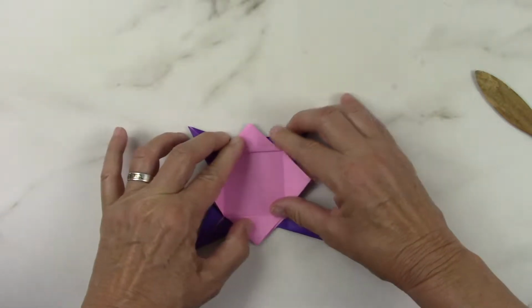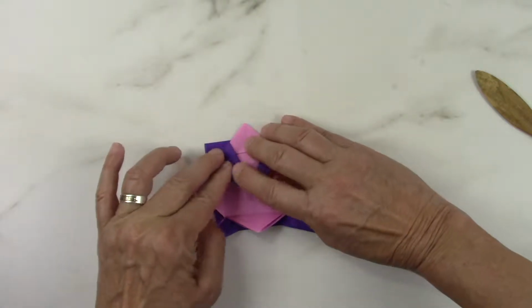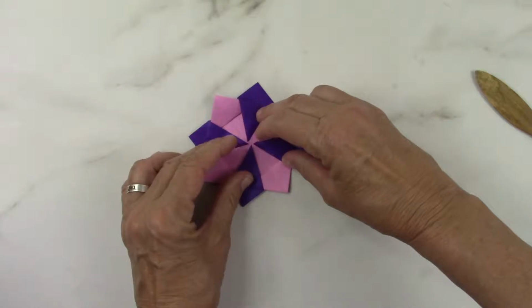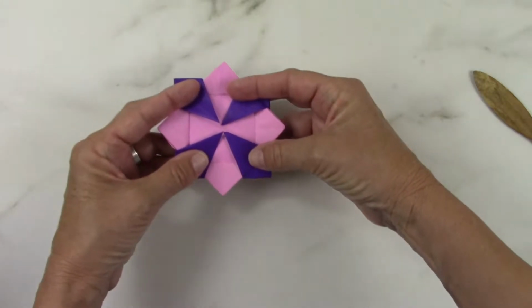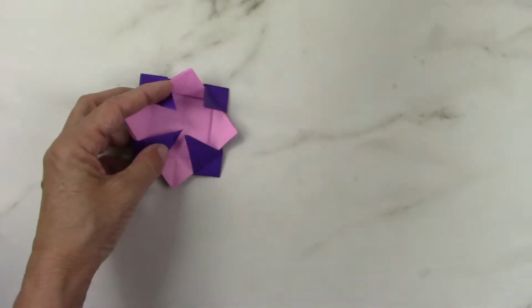And now the very last part of this is to just fold these points down. This is now the complete base of the spinner top. It'll make more sense when I make the other parts. I'm going to set that aside, and I'm going to take the Kaleidoscope paper,